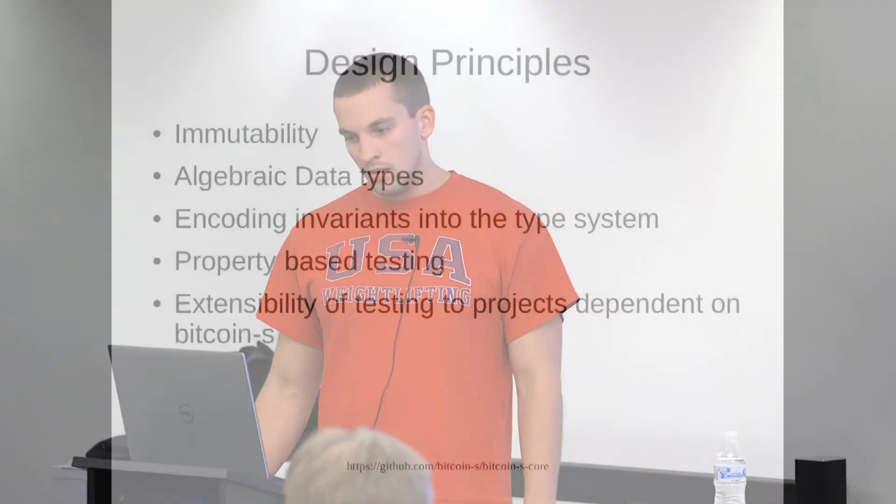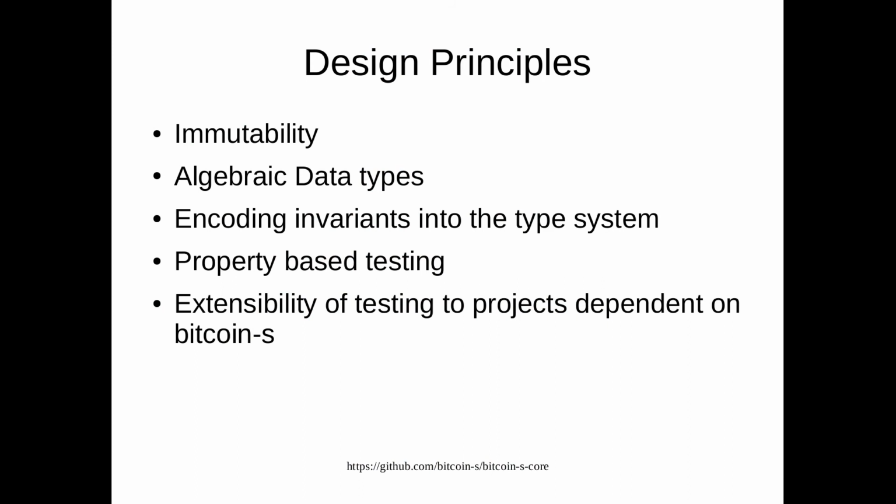As you all know, Scala is statically typed. That's a huge win in itself over some programming languages like JavaScript, which terrify the living daylights out of me for handling Bitcoin stuff. It also offers things like immutability and algebraic data types, which is very nice. Another thing Bitcoin-s tries to do is encode invariants into the type system. As we all know, Scala has a very expressive type system that allows you to do all sorts of cool things, but at the end of the day, encoding the simple things into the type system is some of the nicest stuff I've found.